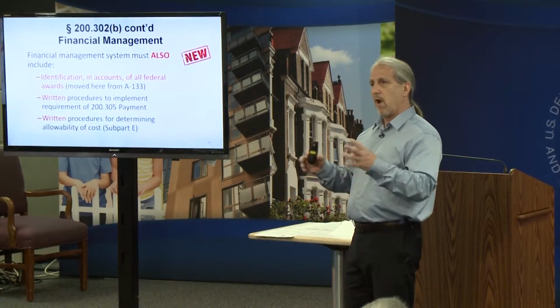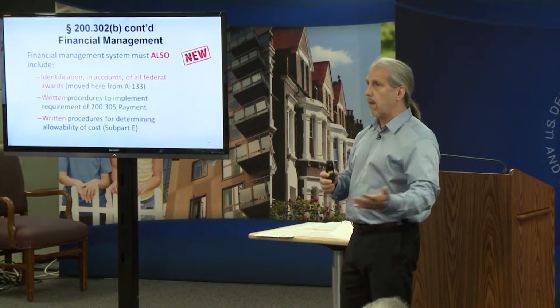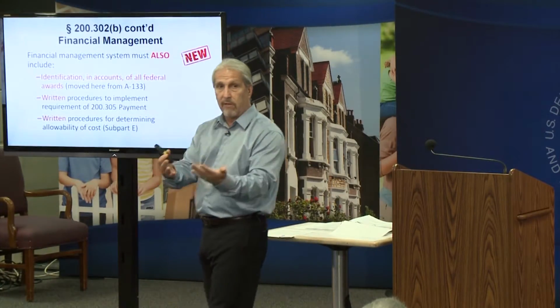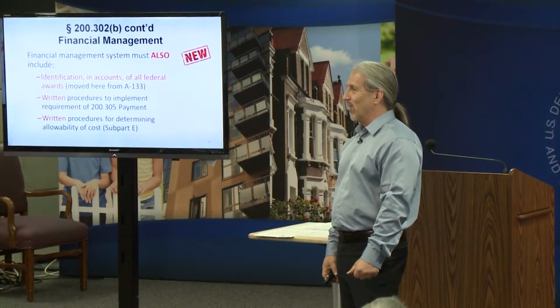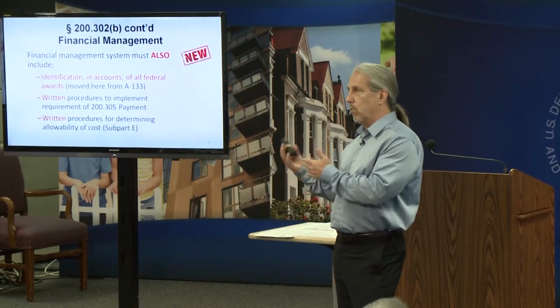Some folks say they think they have it embedded in their accounting procedures, that they have that accounted for, and they can demonstrate a written procedure. Others are like, yeah, we're going to have to write that. So I think it's going to be good, because ultimately what this is about, and we'll get to that next,